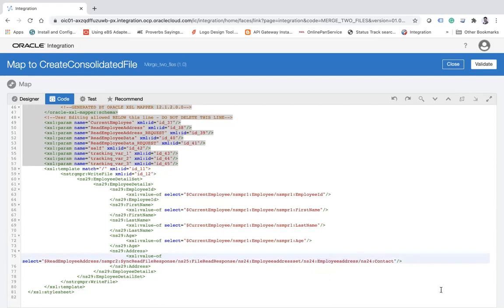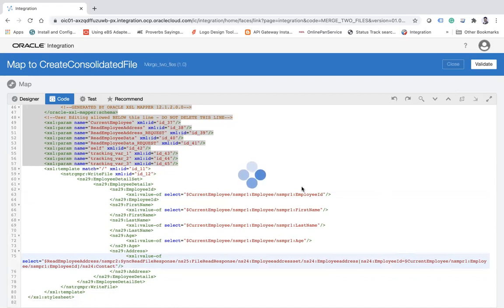Okay. So here I am just making a comparison, and I will say employee address. I will keep the same, and I will take this employee ID because the employee ID is also from the address file, equals to, and then I will take this complete expression and then paste it here.